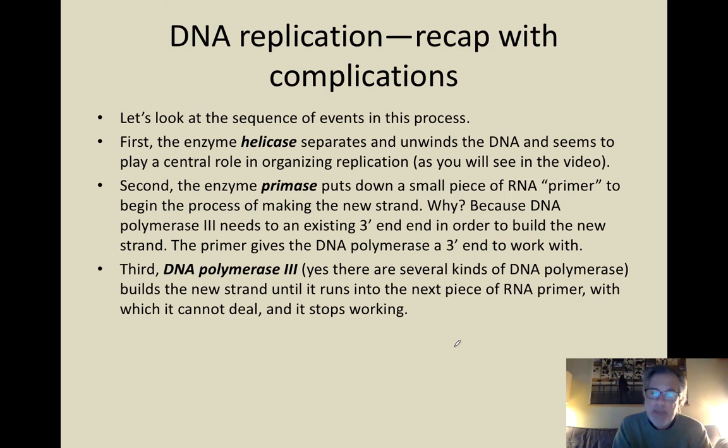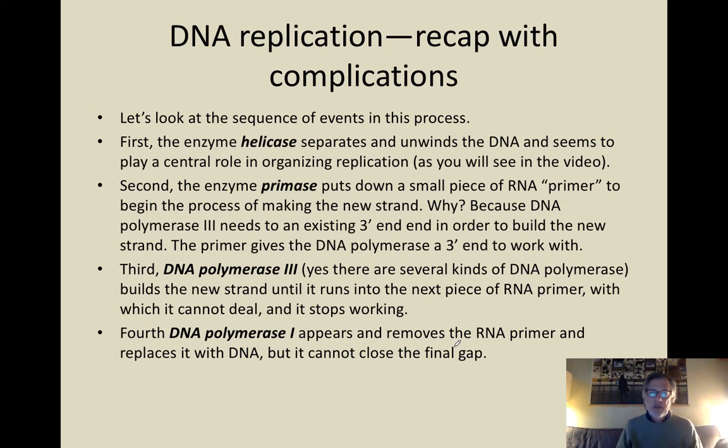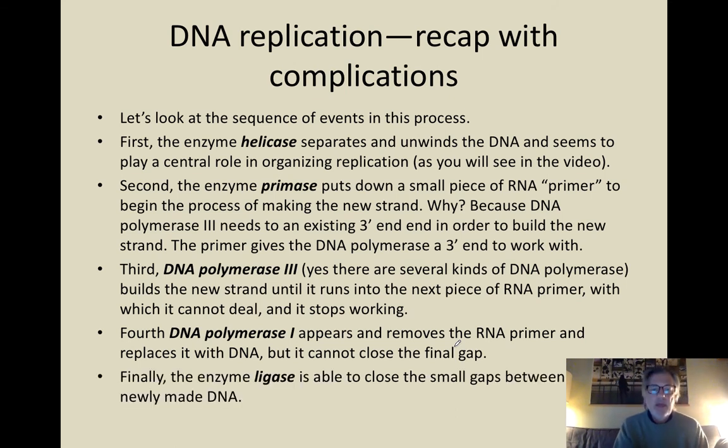DNA polymerase 3 is the one that builds the new strand from the primer. And yes, there are many different DNA polymerases. We're only going to learn about 2 of them. And it builds the new strand until it runs into the next piece of RNA primer. And it can't deal with that, and so it stops working and detaches itself. That's where DNA polymerase 1 comes in. It attaches itself and is able to remove the RNA primer and replace it with DNA, but when it eventually bumps into a piece of DNA, it cannot close the final gap. All right, we need a separate enzyme called ligase, and ligase is able to close the gap between the pieces